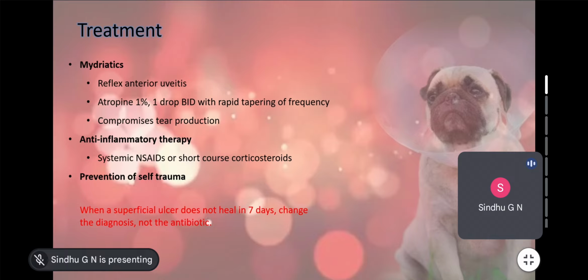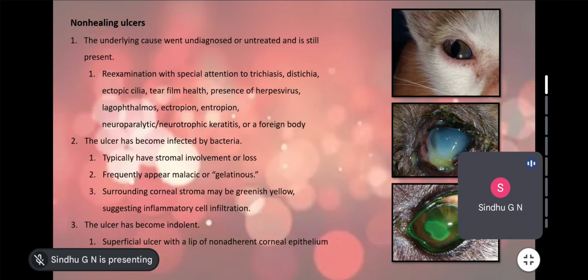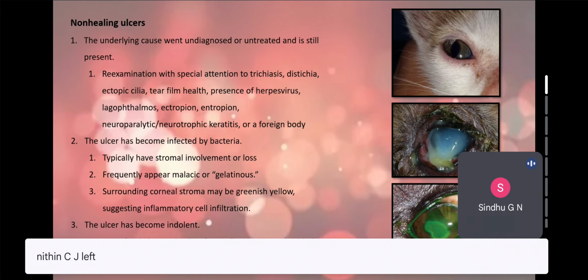So when a superficial ulcer doesn't heal in 7 days, you have to change the diagnosis and not the antibiotic. There will be some underlying cause for that ulceration, and that is why it is not healing. Otherwise, a superficial ulcer should heal within 7 days. So when we see a non-healing ulcer, we have to make sure that the underlying cause is identified and removed